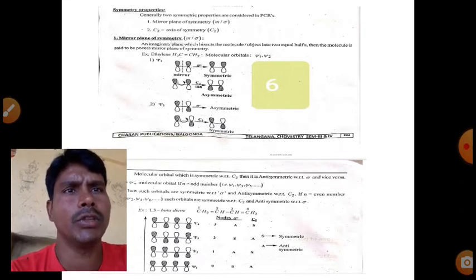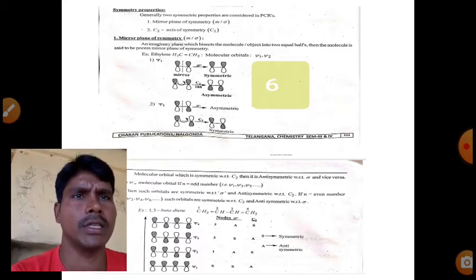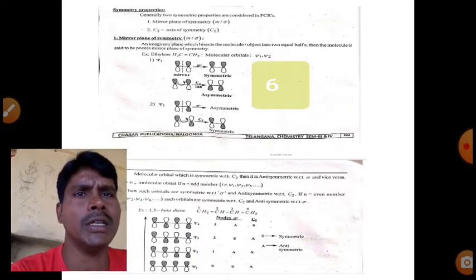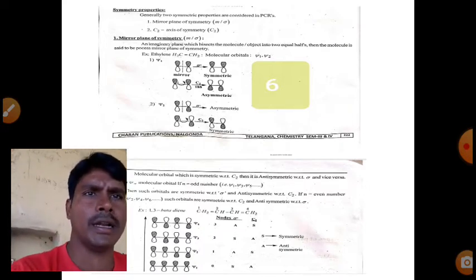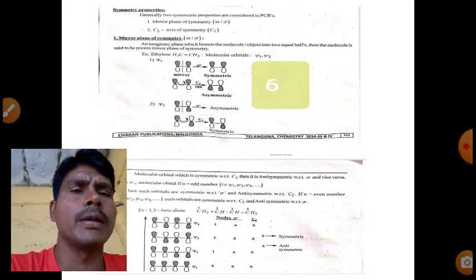Automatically with respect to C2 in this anti-symmetric case, C2 is absent. When C2 is absent, that is asymmetric or anti-symmetric. So in the case of psi2,